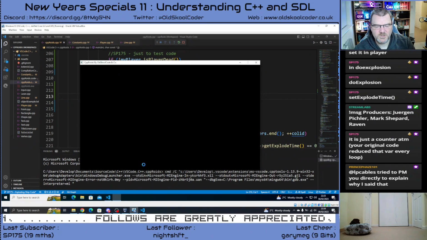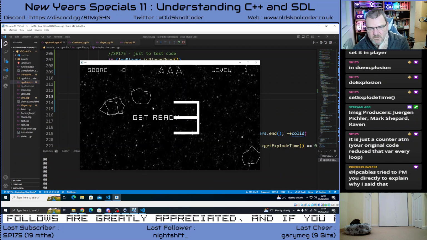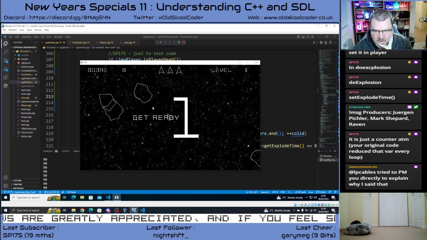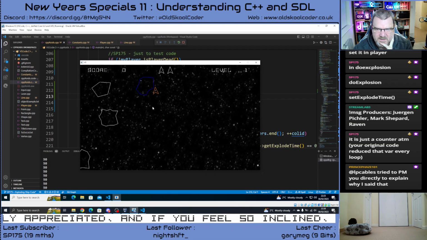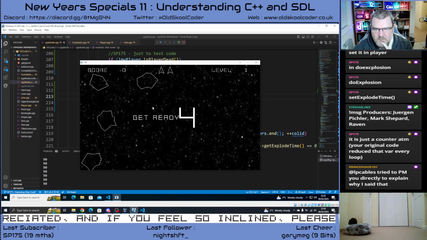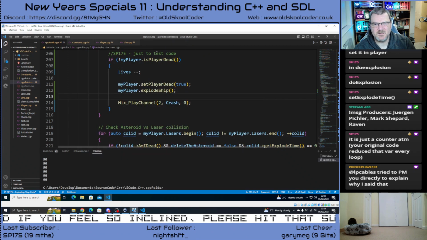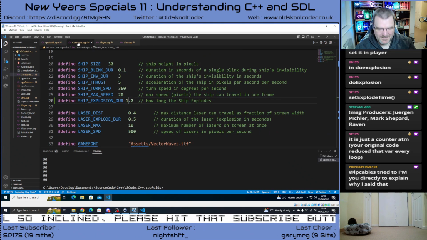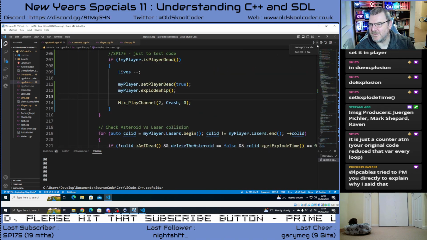Right, so we should have a depth of a second now, so we should be able to see what's going on for a second before anything happens. So let's drift into that one. Yeah, let's make it longer. I want to see what's going on because those lines are going all over the place. Right, let's give it a 10-second depth delay so we can see what's going on.